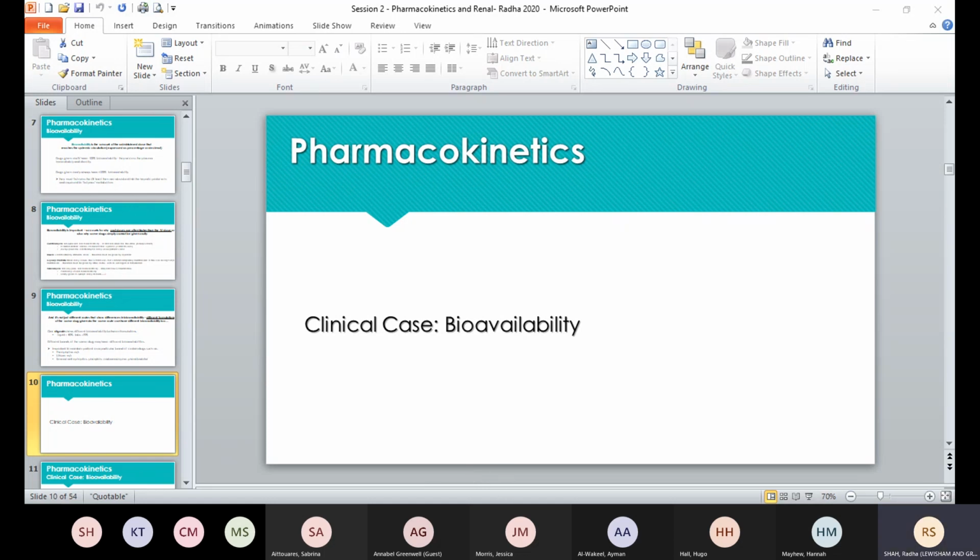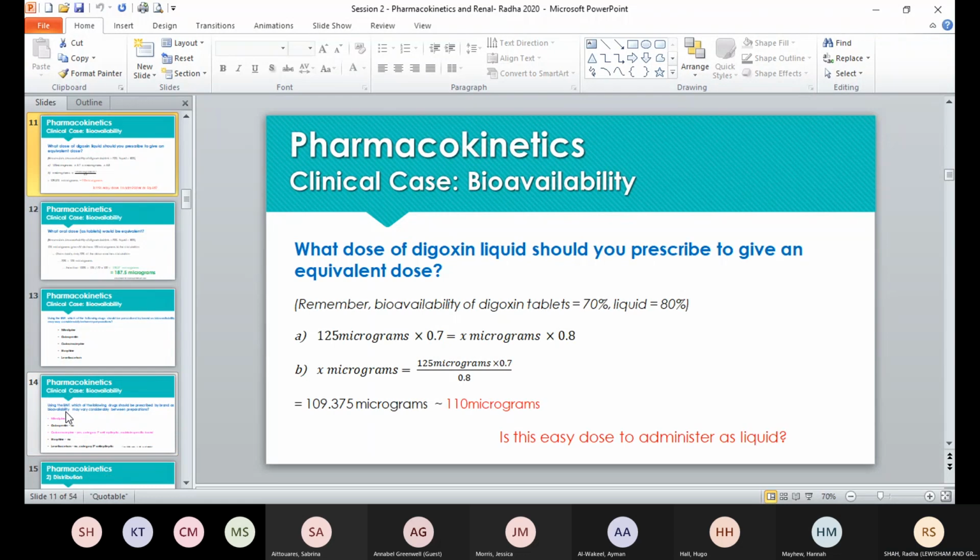So let's go through that. So 110. I'm not too sure about the units. It's not milligrams, but 110 would be correct. And this is how we go through it. So you have the tablets, which is at a dose of 125 micrograms, and the bioavailability of the tablets is